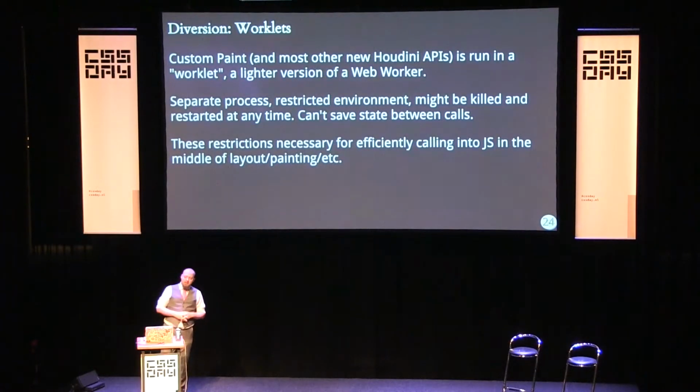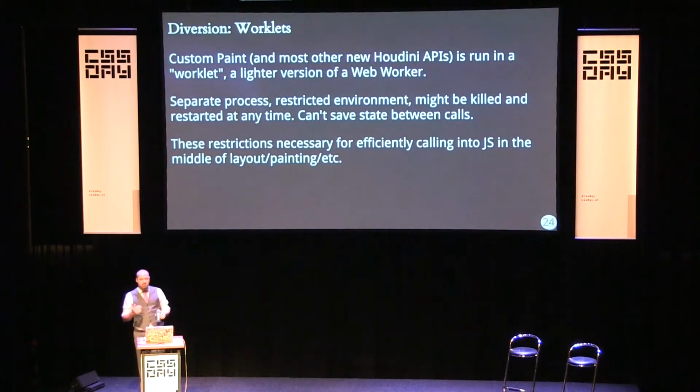New processes are hard. Worklets will run in a separate process, but we'll have just a few extra processes and spread the worklets out between them, kind of randomly, and we'll occasionally shut them down and restart them, maybe in the same process, maybe in another one. This gives us a pretty cheap way to have almost separate environments. You just can't depend on your worklet living for a long time and having global state, because every few seconds it'll probably get killed and restarted, maybe in a different process, so its global state disappears too. This encourages you to write nice functional code that doesn't depend on global state, without giving you a straight guarantee that would be a lot more expensive.